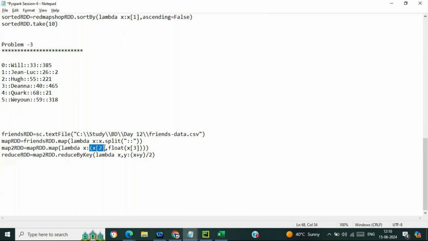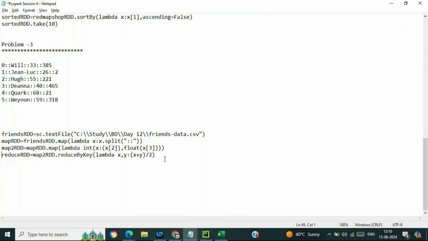I need to count x of 2. X of 2, that is nothing but the ages. I need to have the count of x of 2 as well. So what I will do, I will convert this into integer, x of 2, and then float of x of 1, that is fine, that will not create an issue.